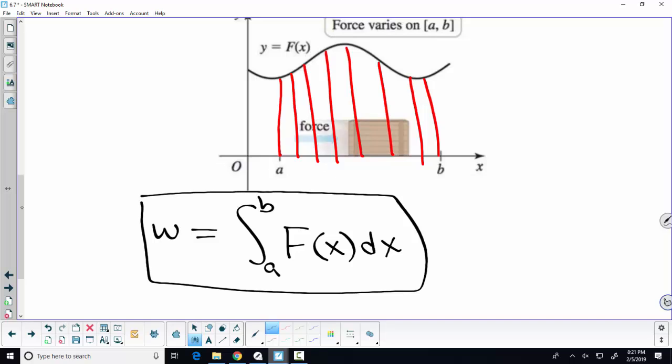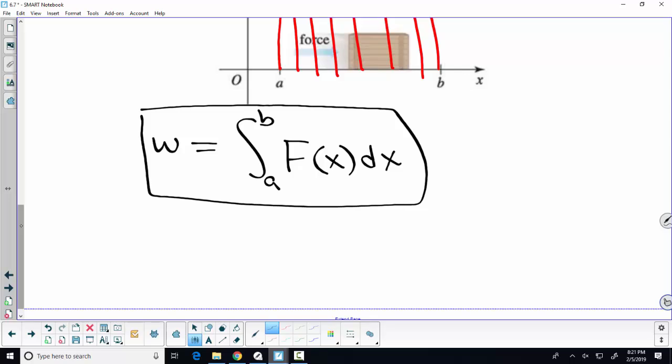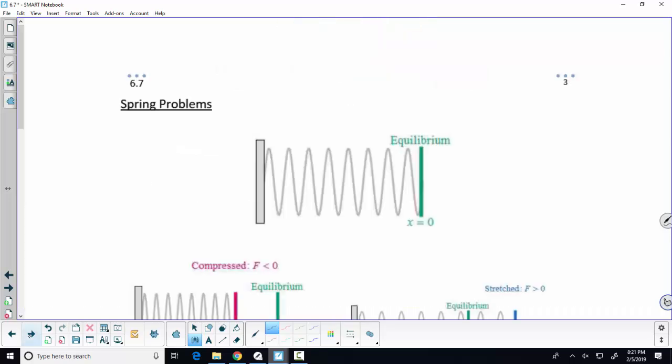I guess we look at two different scenarios with work. First, work done on a spring, like the basic Hooke's law, and then the work it takes to lift something out of a trough or a reservoir or something like that. So the spring problems,